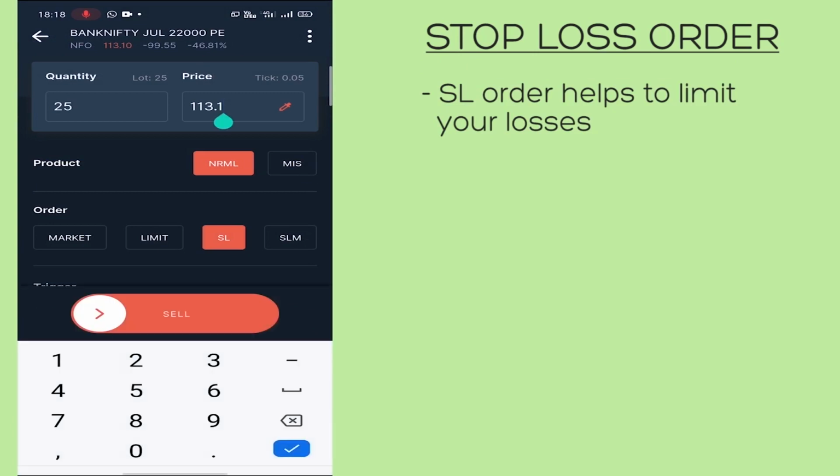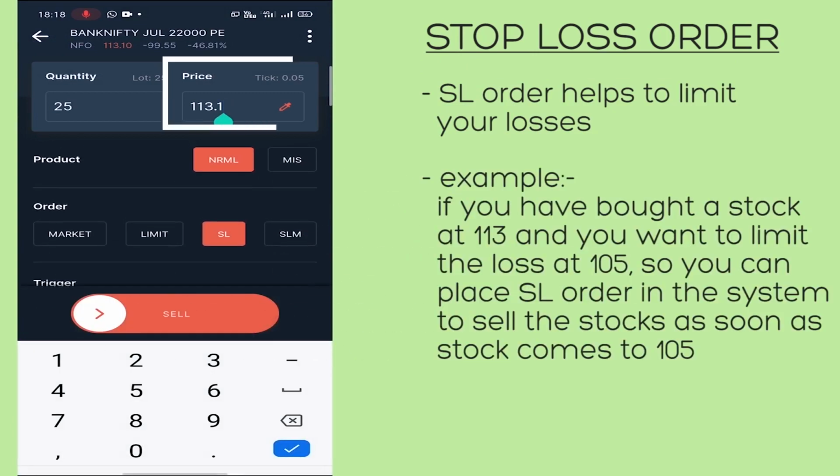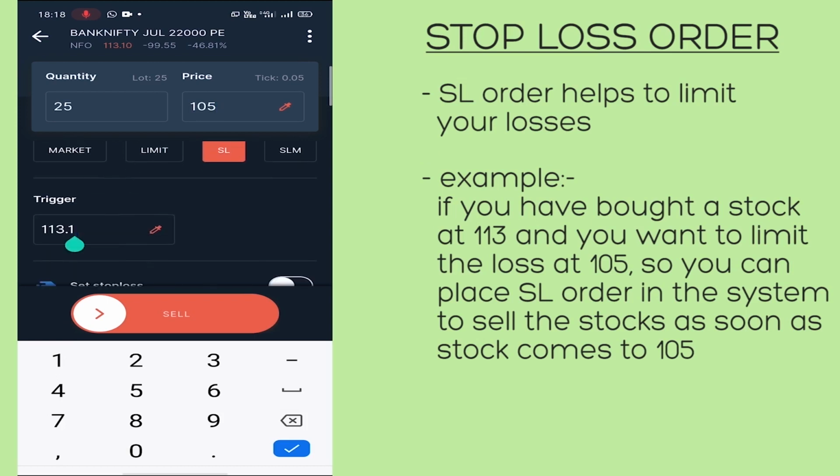So stop loss like 11. If you bought the stock at 113 rupees and you are going to sell it, the stop loss is 105. So just keep a bit of difference of 1 rupee in this. So 106. If the market moves anywhere between 105 to 106, this order will get executed and you will book the